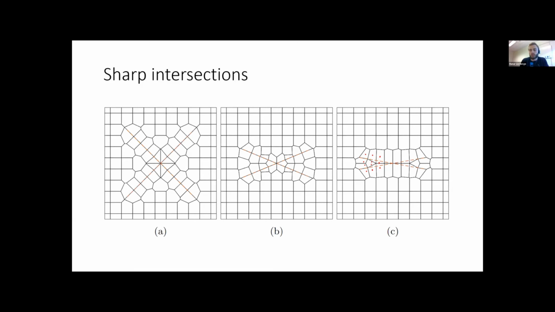Again, you can solve this by local grid refinement. Let me just remove these sites again. So again, you can get away with this by just refining your mesh sufficiently. But